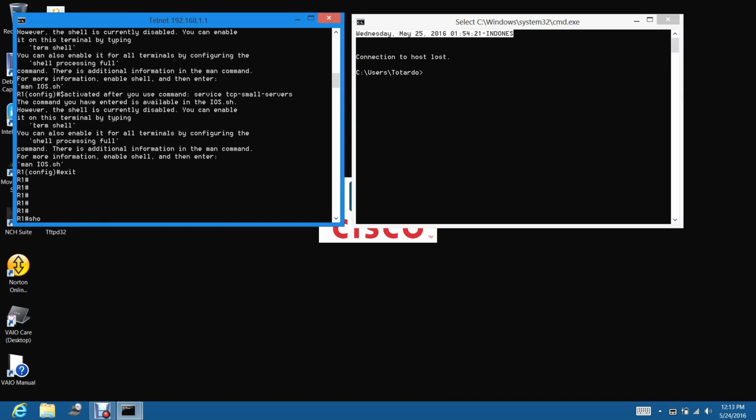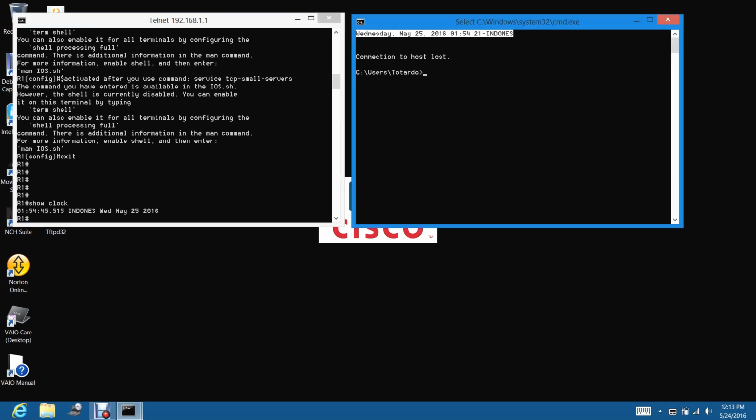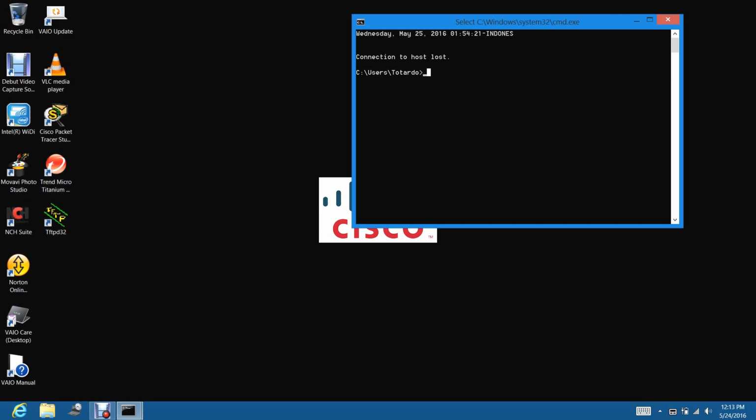This is the same as typing the show clock command on the router. So you can view the router time and clock from your Windows machine without having to telnet to the router.